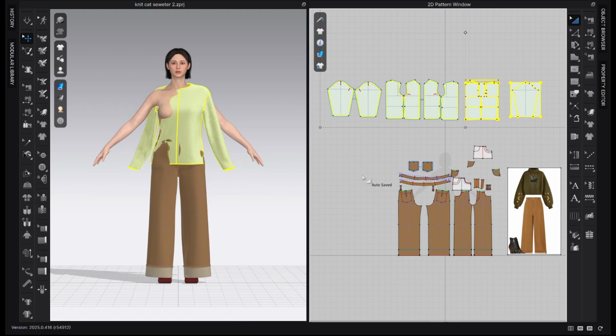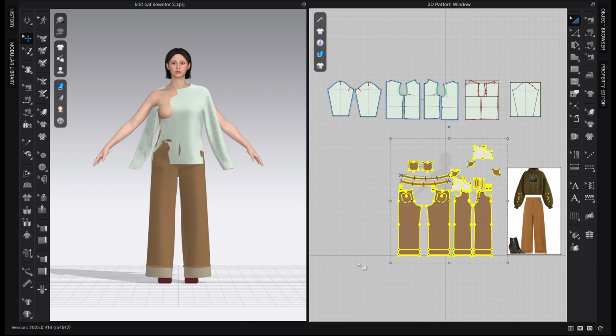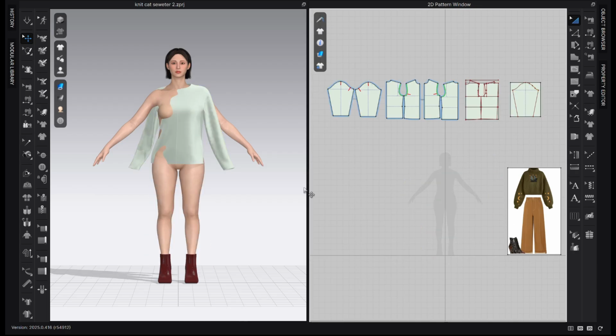And I want to delete my pant for now. I will save it for later, but for now, because it's interfering with my work in making the sweater, I want to delete my pant for now. I had already saved it somewhere else, don't worry. And I want to remove the patterns I don't need,